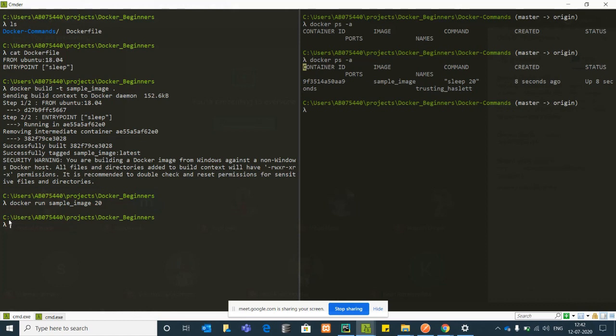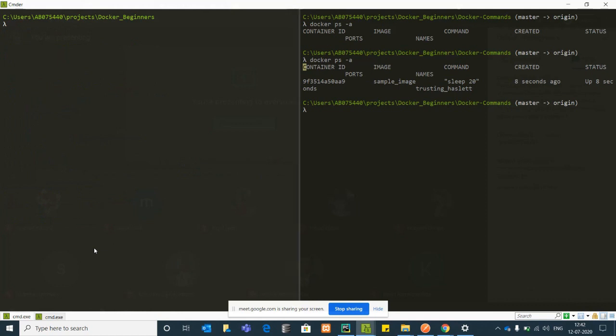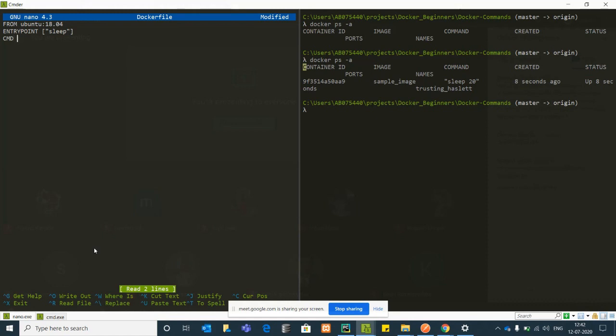So sleep will get executed, and you are providing the 20 parameter for that, so that will go inside your command. I'll show you how it works. Let's just alter that Dockerfile. Here is the command.